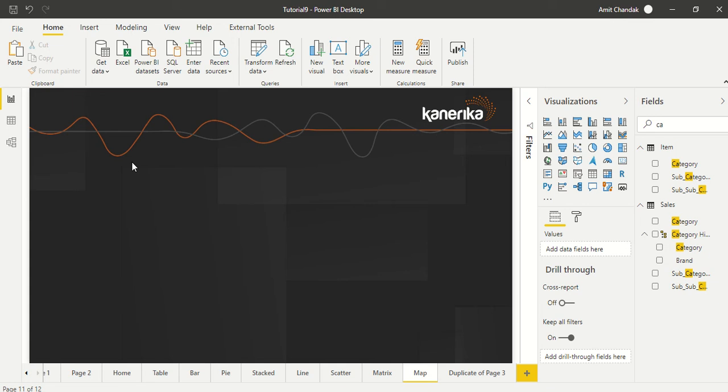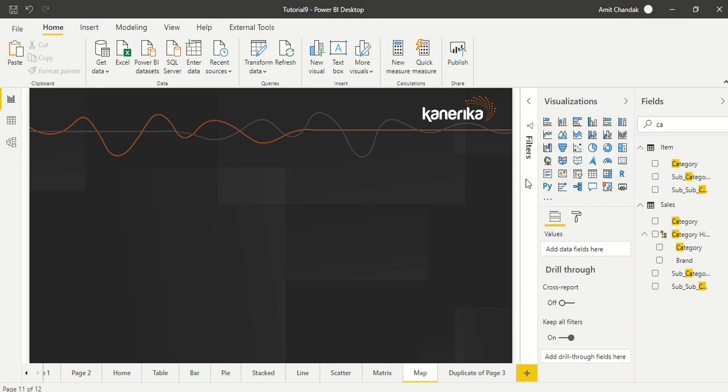We are continuing a tutorial series and today we are going to discuss maps. We have quite a few types of maps in Power BI. One is known as map, this globe icon. Then we have the field map, and the shape map. The latest addition is Azure map, and then we have ArcGIS map also.